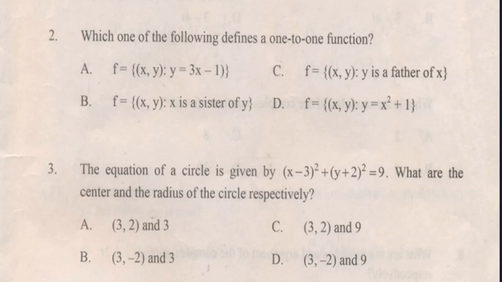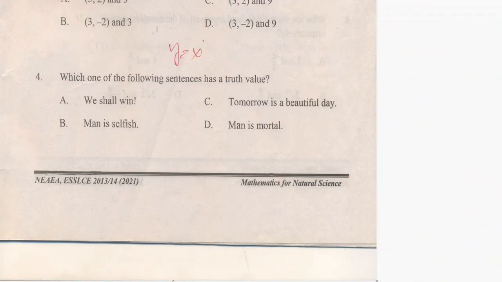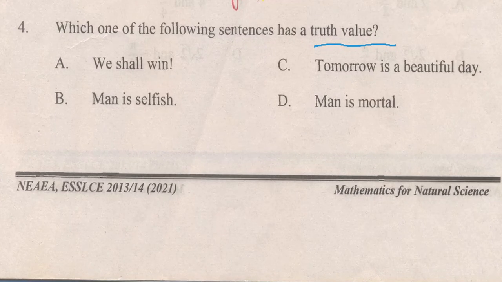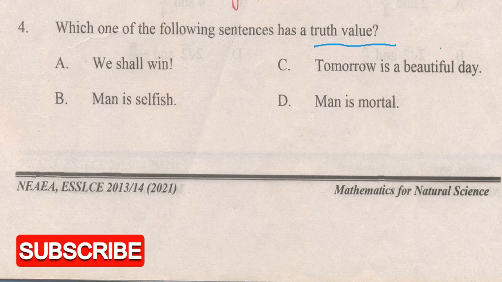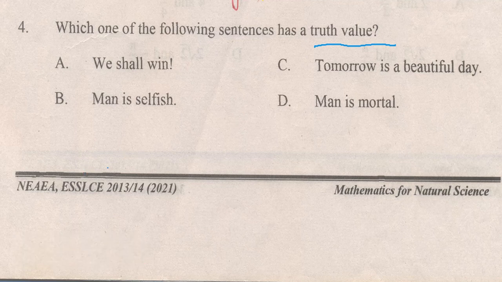So your answer will be 3 comma negative 2 and 3 which is choice B. ጥያቄ ቁጥር 4 which one of the following sentence has a truth value ይላል truth value ያላቸውን ሴንቴንሶችን መለየት ነው ያ ማለት proposition ወይም statement የሚባሉትን መለየት ማለት ነው a proposition is by definition a declarative sentence ነው ሴንቴንስ የተለያዩ አይነት ሴንቴንሶች አሉ declarative sentence የሚባል አለ exclamatory sentence የሚባል